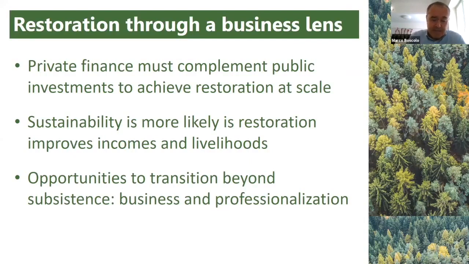And the third reason is that we have some good practices that are already taking place. For example, farmers are already planting and growing trees. They are getting organized to sell their production. They are diversifying their activities in order to put less pressure on the landscapes, and they could benefit more. They could earn more income by understanding better how to participate actively in these value chains, how to professionalize their work, and how to transition from subsistence practice to business practices.